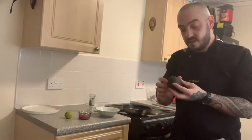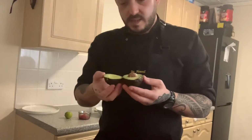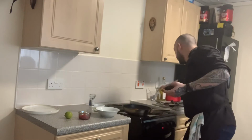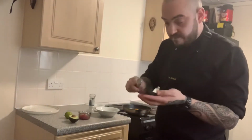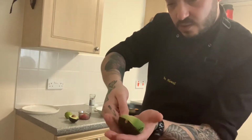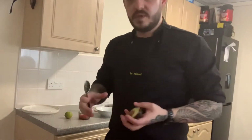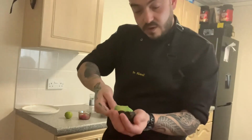Now again, we're looking quality points. So obviously the skin isn't broken and it's a nice colour inside. Any discoloration, just get rid of it. So I'm going to start by spooning out the flesh from my avocado, and you just take a spoon and you can scoop it right out of its skin. Now this side with the stone in, we're going to go on the same principle, and then as we break it up,